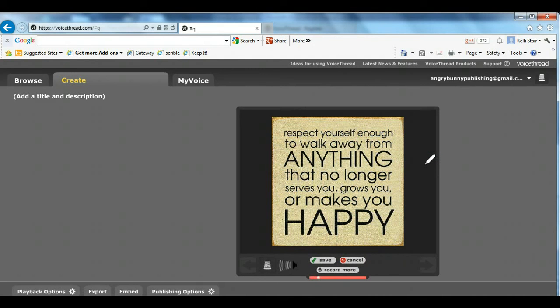Okay, so on this one, I want you to make a personal connection. It says, respect yourself enough to walk away from anything that no longer serves you, grows you, or makes you happy. Think of a time when you had to choose to stay in an unhappy situation or leave. What